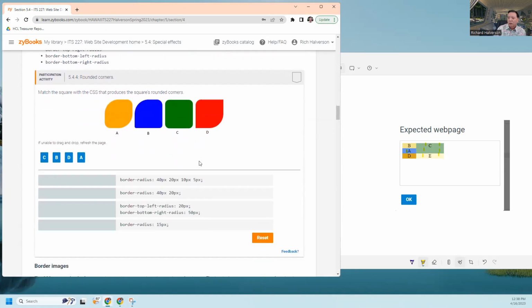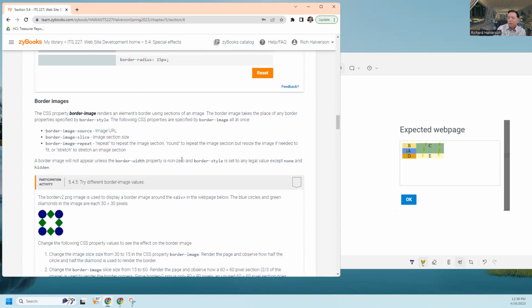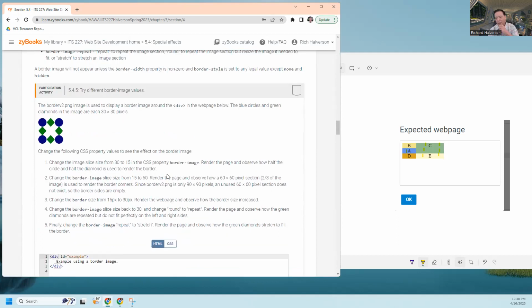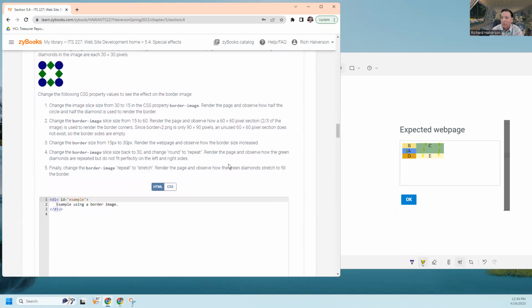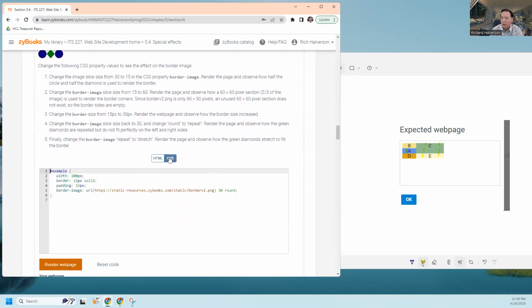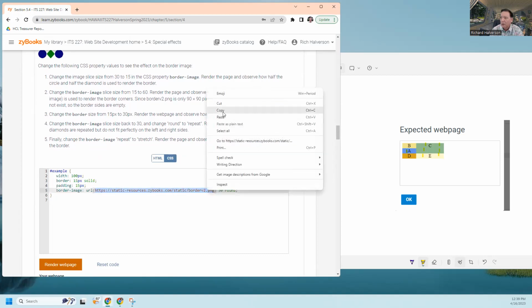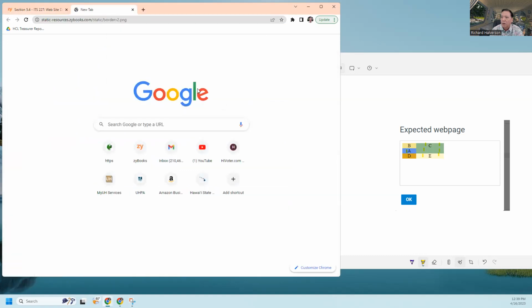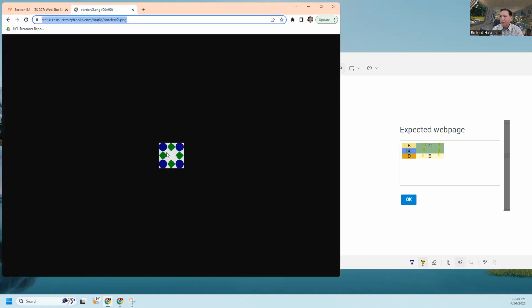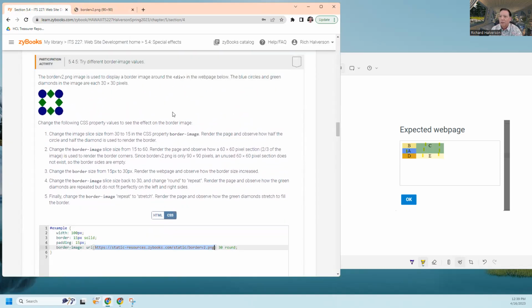You can round the corners, make sure you understand all that. Border image. Oh, this is pretty amazing. When I went through this, first of all, here's the image. If you want to look at that image, copy this and go over here, paste and go. So this is the image. This is what we're starting with. It's just like this. But then,